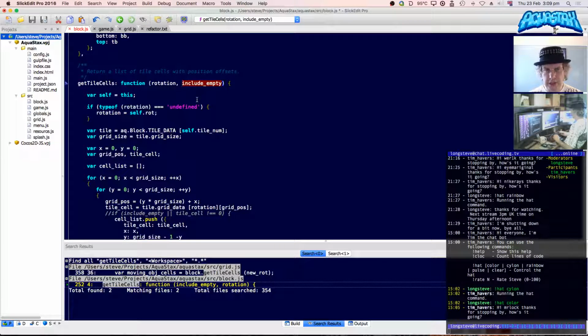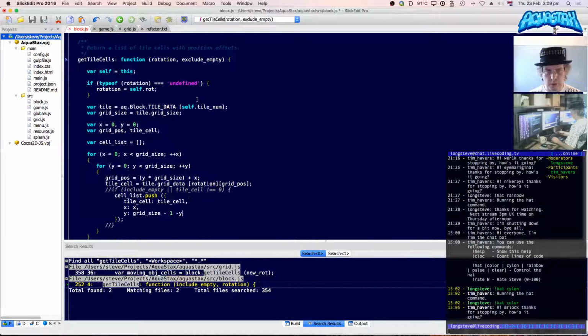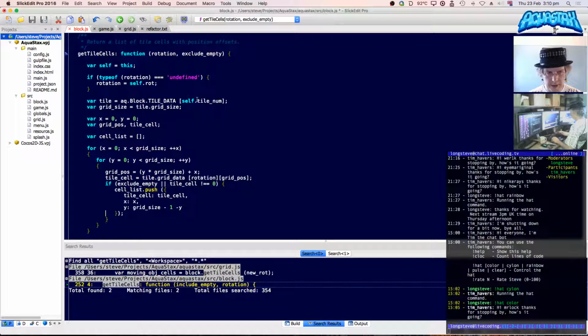I might put include empty. I might change it so that it's actually exclude empty, so that exclude empty is true, or tile cell does not equal 0. Now hang on a minute, if I'm excluding the empty ones, I kind of want to negate this, don't I?